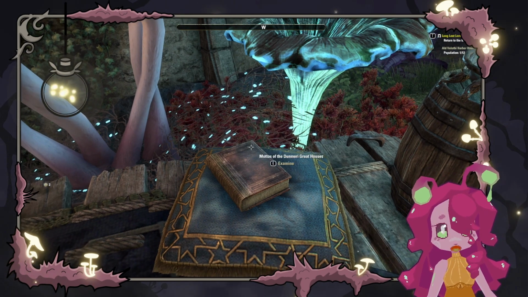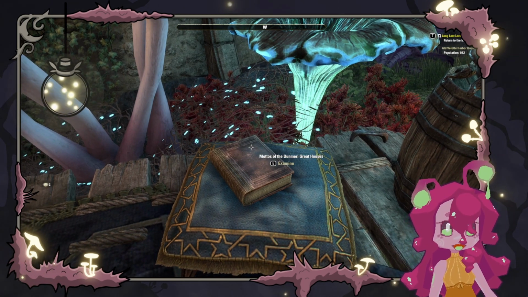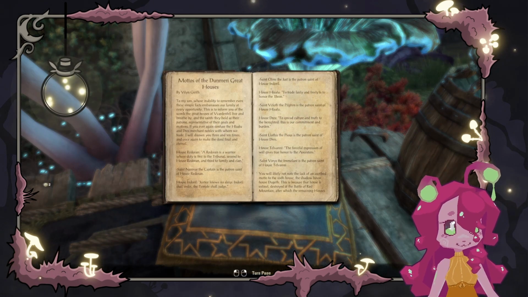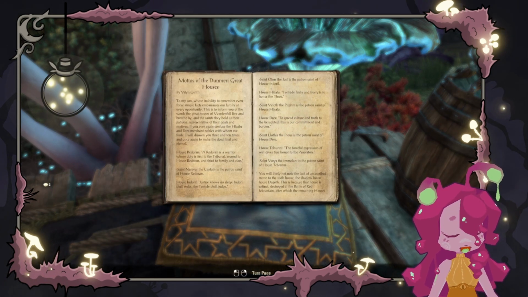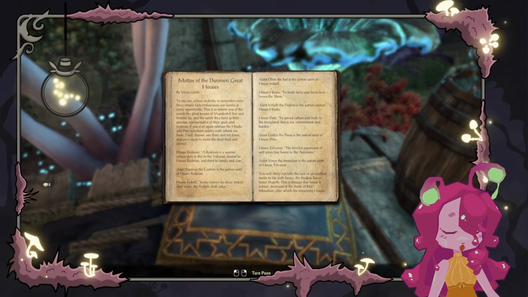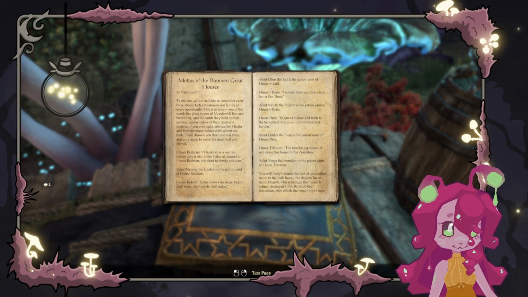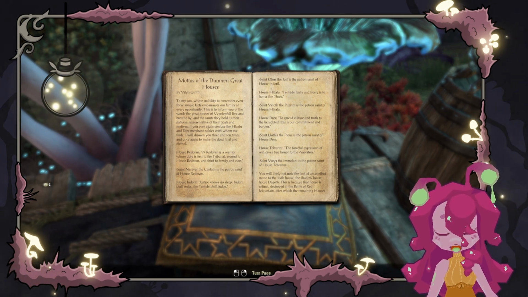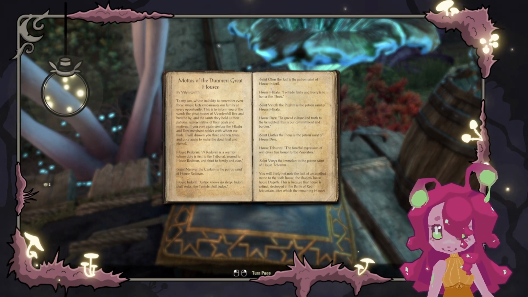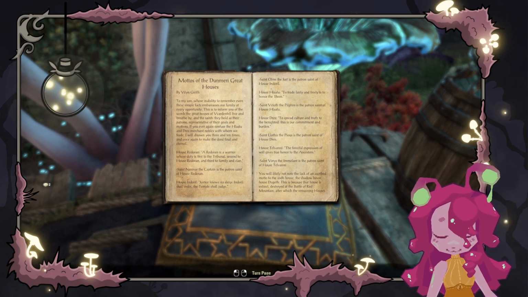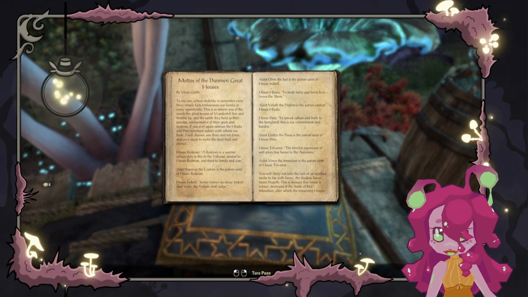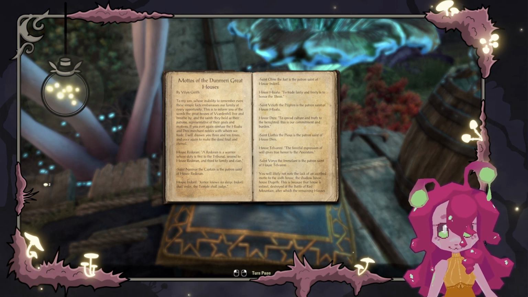This book in particular kind of cracks me up. It's called The Mottos of the Dunmeri Great Houses, and it's basically a letter from a father to his son, giving him the rundown of the different houses of the Dark Elves. But he's doing so because his son is basically an idiot, and he's scolding his son for bringing shame to the house for not knowing